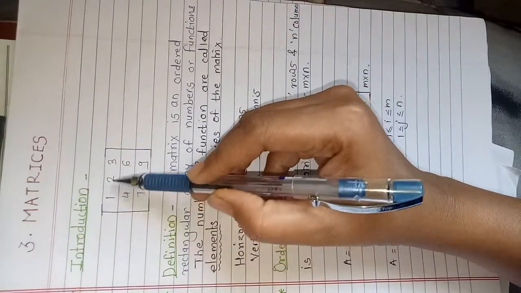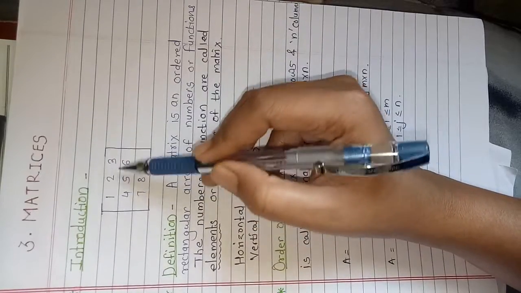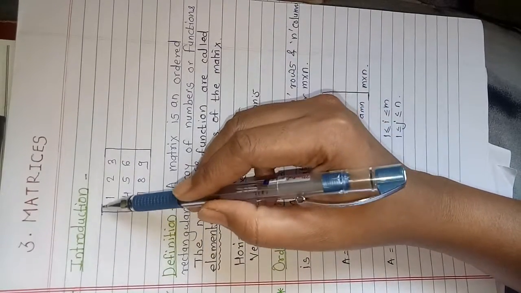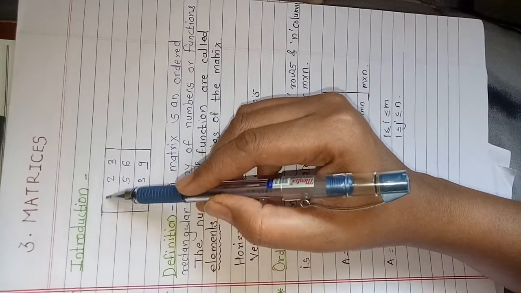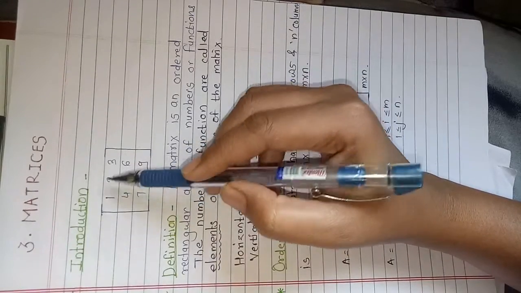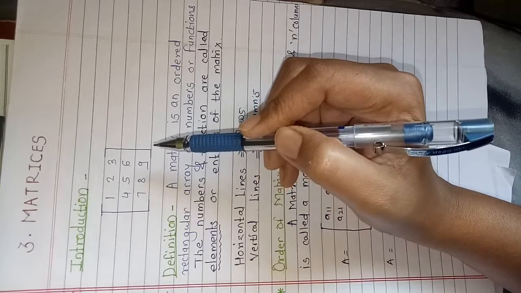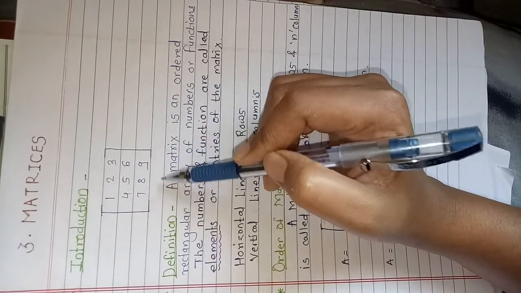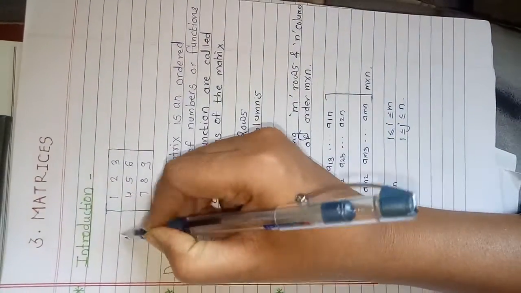So these 1 2 3 4 5 6 7 8 9, these 9 are the elements in the given matrix, and a matrix is represented in a square box. This is a rectangular array, and all these are the entries, or we call them the elements, of a matrix. So in this example, suppose A is equal to,